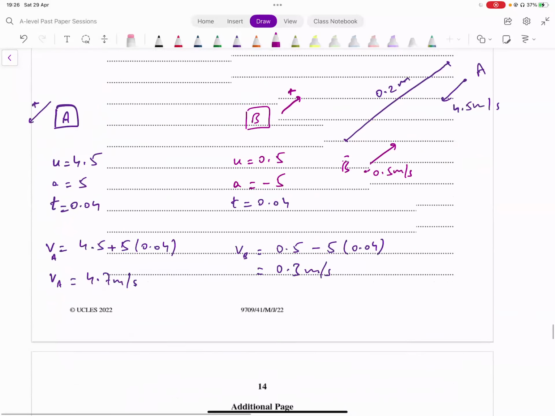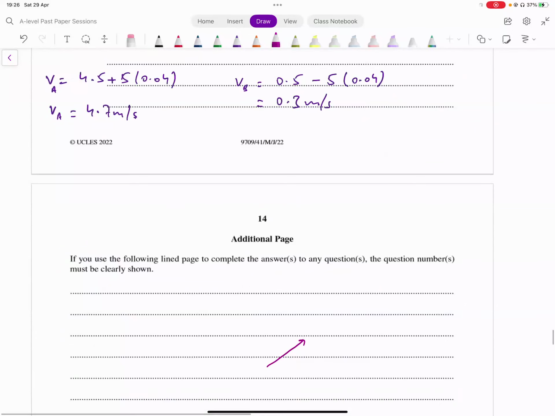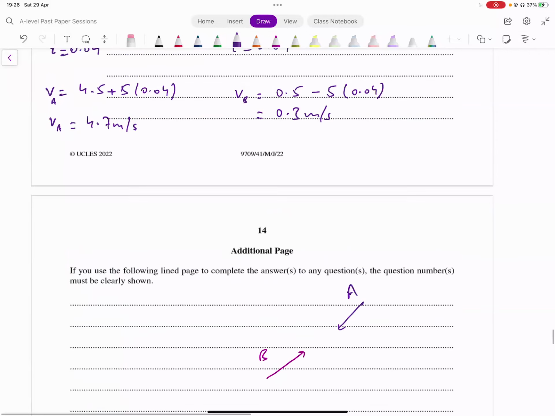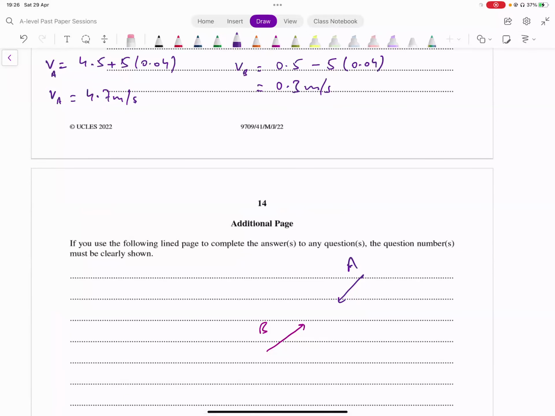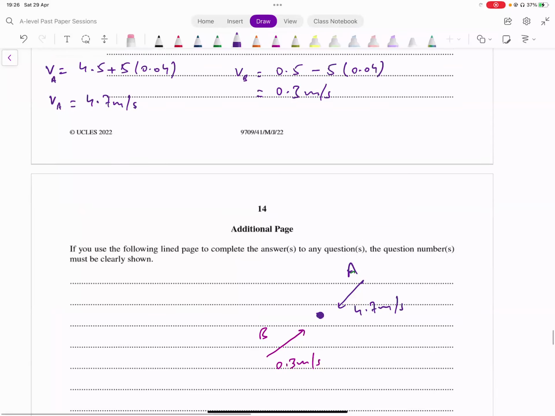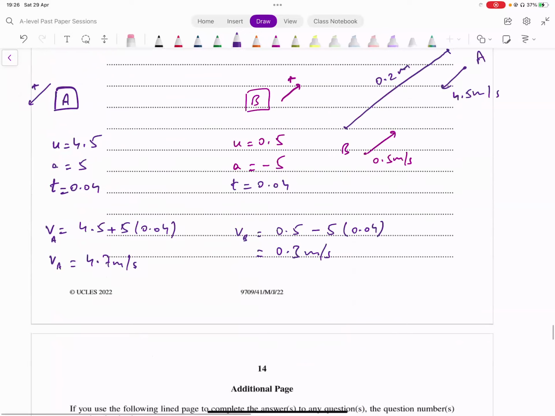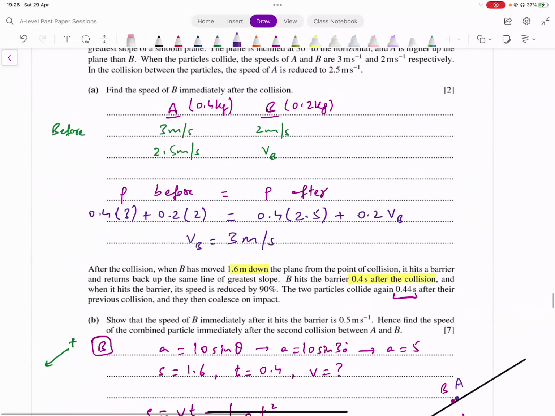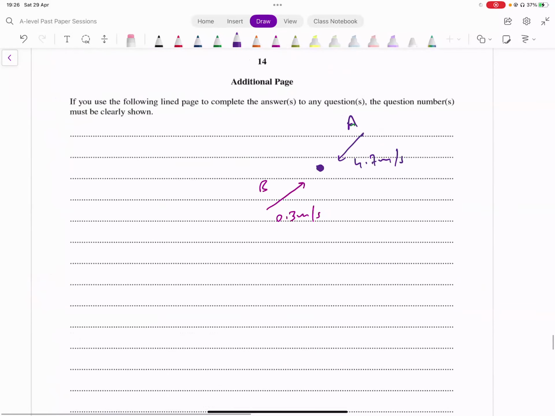A जो है, B ऊपर को जा रहा है और A नीचे को आ रहा है। हमने उनकी स्पीड फाइंड कर ली जस्ट एट द टाइम ऑफ कोलिजन। A 4.7 मीटर्स पर सेकंड पे आ रहा है। B 0.3 मीटर्स पर सेकंड पे जा रहा है। इस पॉइंट पे इनकी कोलिजन है, ये दोनों की स्पीड है जब कोलाइड करते हैं। इनके मैसेज भी पता हैं, A और B के मैसेज 0.4 और 0.2 रेस्पेक्टिवली हैं।